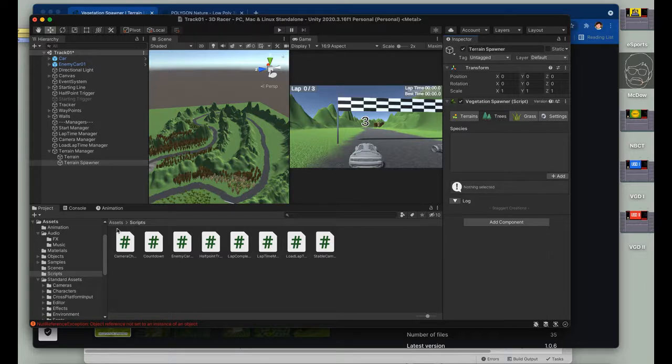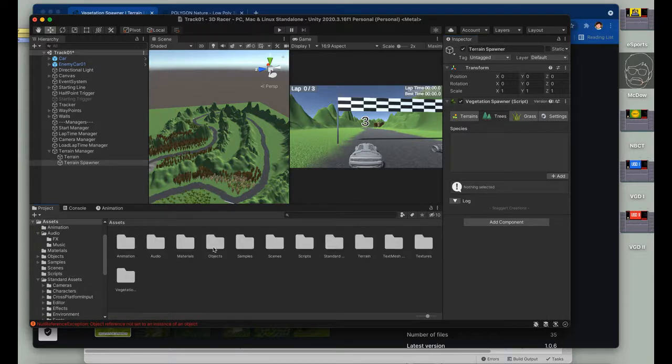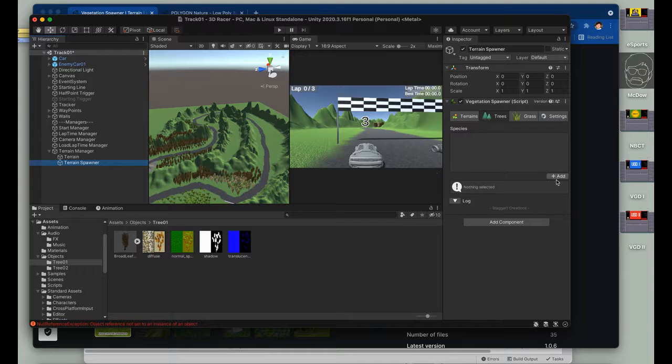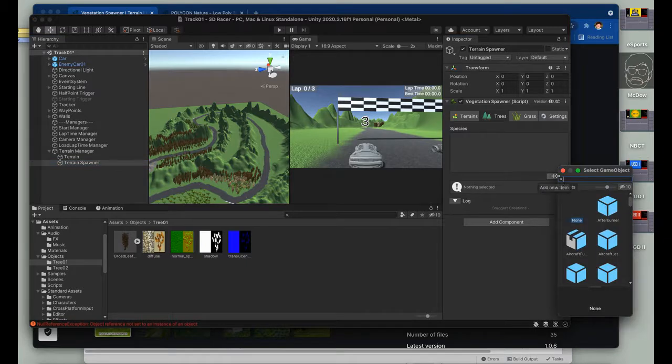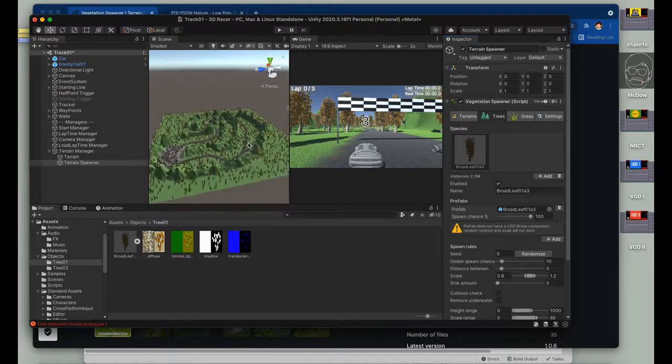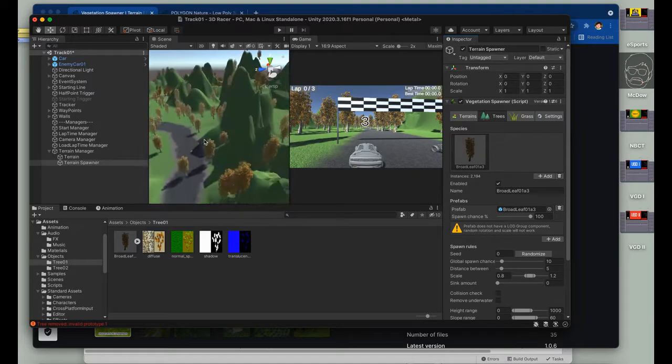I'm going to go ahead and move my projects area back to objects. And you have tree number 1 and 2. Let's go to tree number 1. Going back to terrain spawner, I'm going to add a tree. It's called broadleaf. I'm just going to search for it. So this is the first tree. Boom. Double click that. And you can see it instantly populates the entire map, including my roads, with this tree,